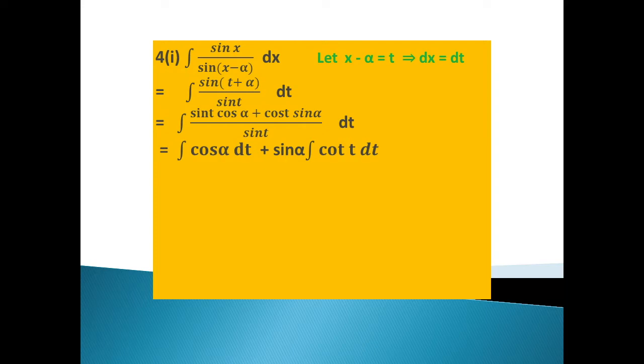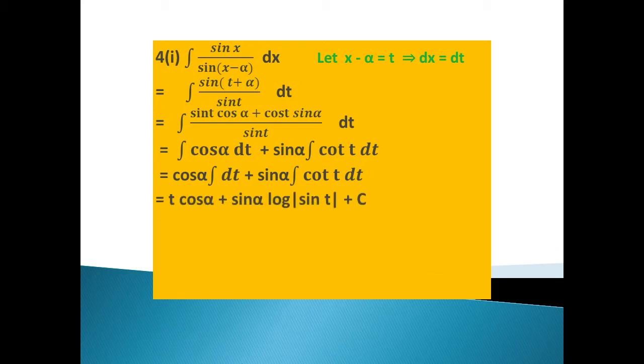You can see when I do the splitting up of the fraction, I can do it only with the help of the numerator. So sine t gets cancelled off and I am left with cos alpha in the first part. And in the second part, it would be sine alpha comes outside as a constant and cos t upon sine t is nothing else but cot t. Now when I do the integration, again I take out cos alpha as a constant multiplier and inside I am left with only dt, and the other partner remains the same, that is sine alpha times integration of cot t dt.